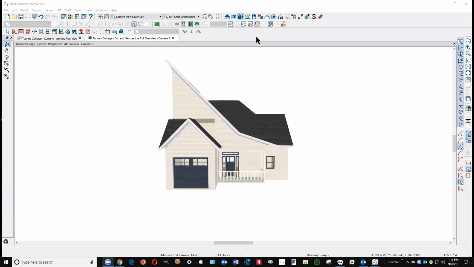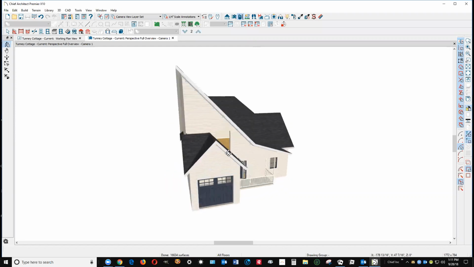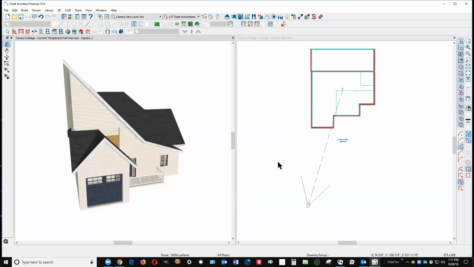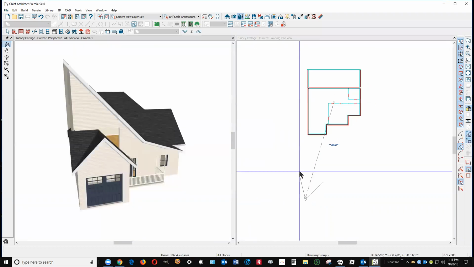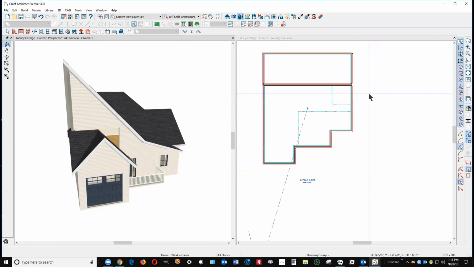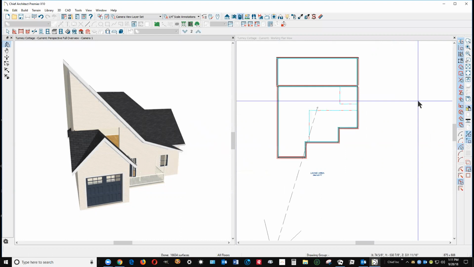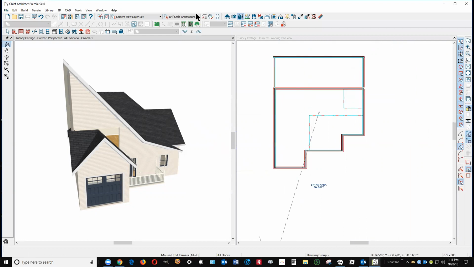Okay, I downloaded your plan, opened it in my version of X10. I can see that that's unacceptable. I have no idea exactly what you do want. But what I'm going to do is hit Shift F6 on my keyboard to do that. And then I'm going to zoom in here, turn off the, looks like the reference display is on. No, it's not on. I'm going to change to the